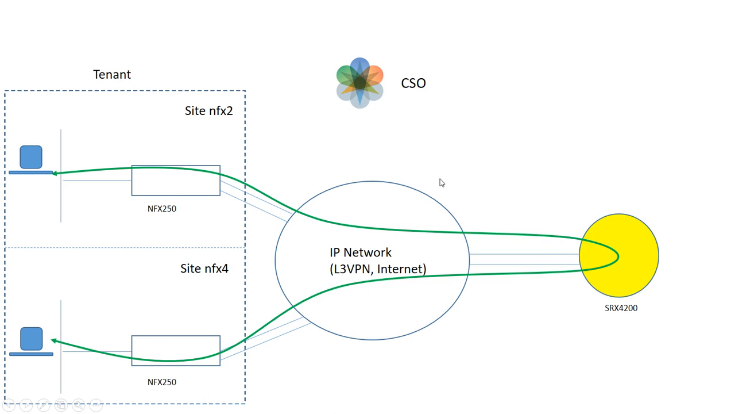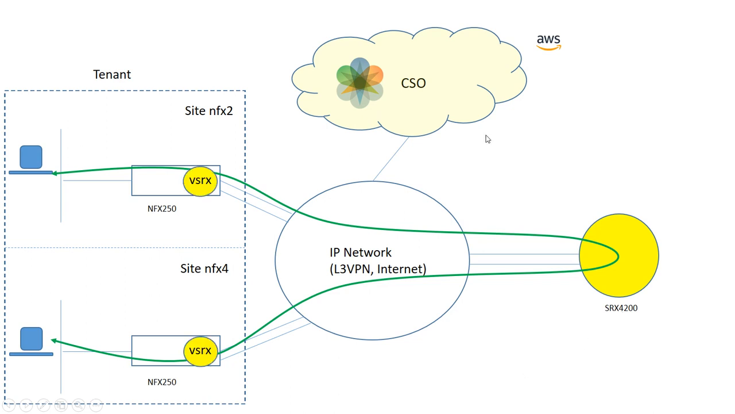Obviously, we need brains for this solution, which is CSO. CSO can be on-prem or live on the cloud. In my case, I have CSO installed on AWS. CSO also needs connectivity to the underlying network so that it can orchestrate NFX 250s and SRX 4200, as CSO will be pushing through ZTP process VSRX,